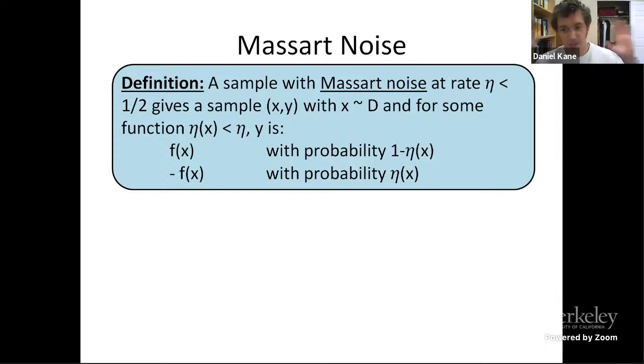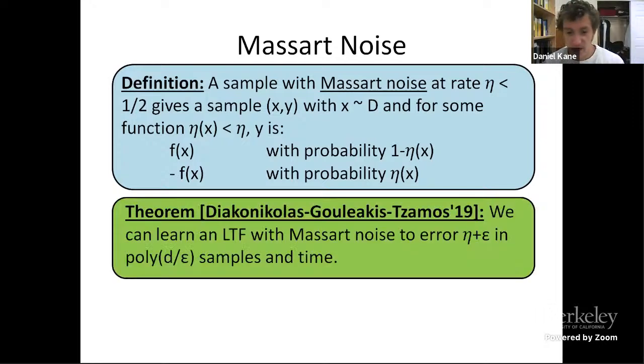The samples still have independent probabilities of being flipped, but the probability of flipping the value of y is allowed to depend on the value of x, as long as it's still pointwise bounded by this number a. It was an open question for a while whether you could learn with respect to this Massart noise. And a couple of years ago, Ilias and a couple of his co-authors resolved this, that you can learn